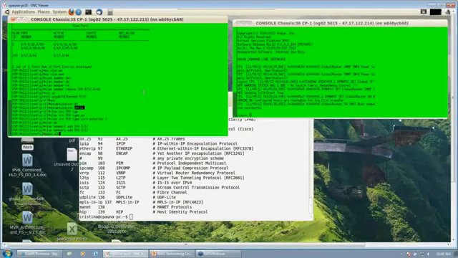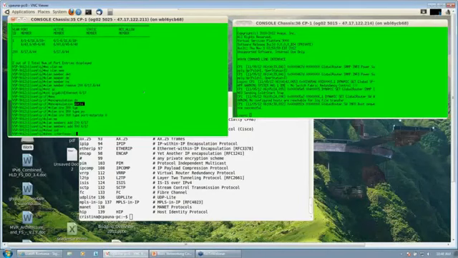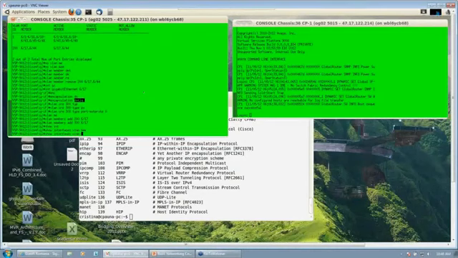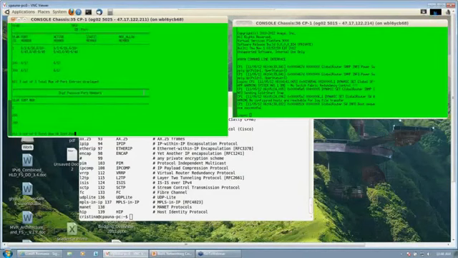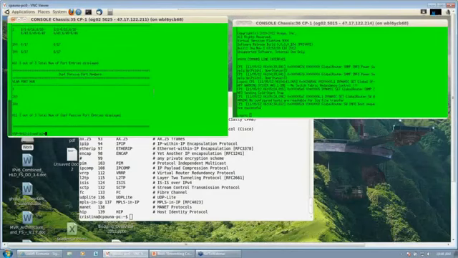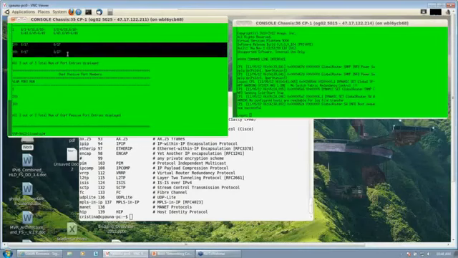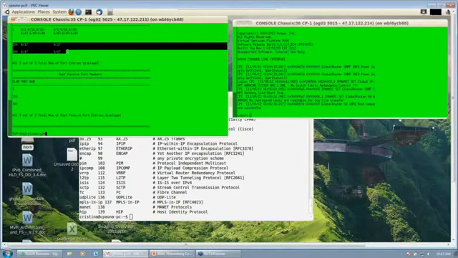And now show interface VLAN members. Okay, you can see here through these two lines that both VLAN 200 and VLAN 300 have the same port.